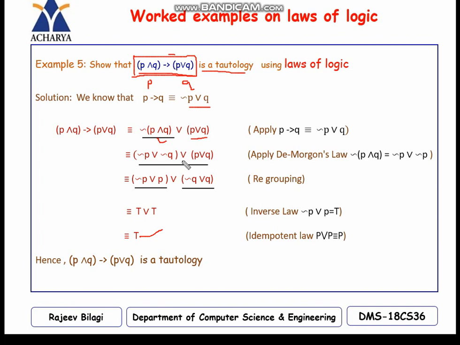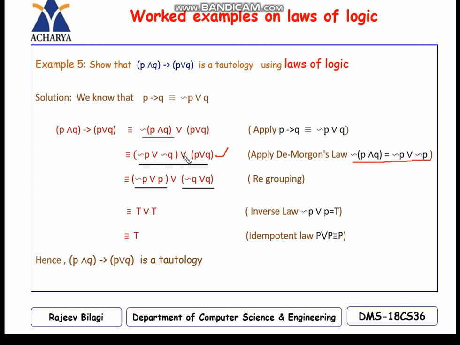So now if you look at the second part, ¬(P ∧ Q), I am going to apply the negation operator on this, that is De Morgan's theorem. What does De Morgan's theorem say? ¬(P ∧ Q) is ¬P ∨ ¬Q. Okay, so with this, ¬P ∨ ¬Q, or P ∨ Q. This is what we have done so far.